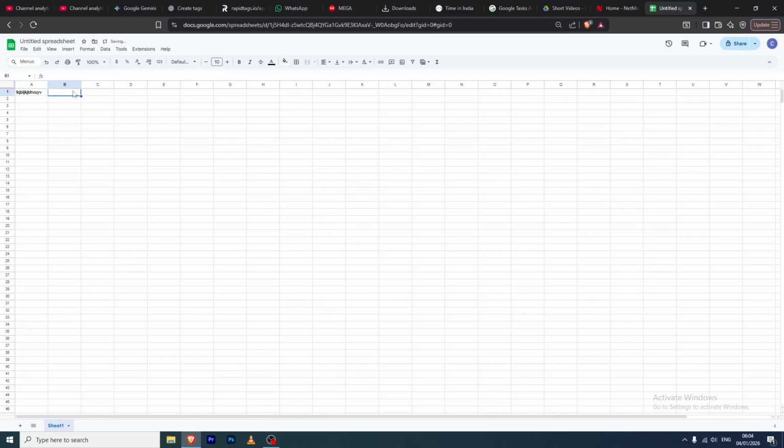So for adjusting the font size, here on the top you can see menu options, and here you can see a number, font size. From here you can just change it by typing, or otherwise you can see a plus symbol here. Click on that, and then after clicking that, you can see that you have adjusted the font